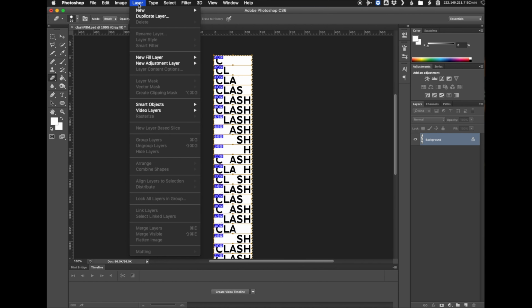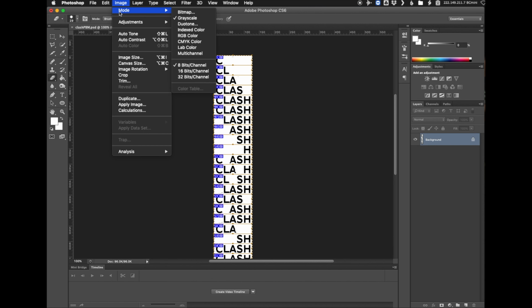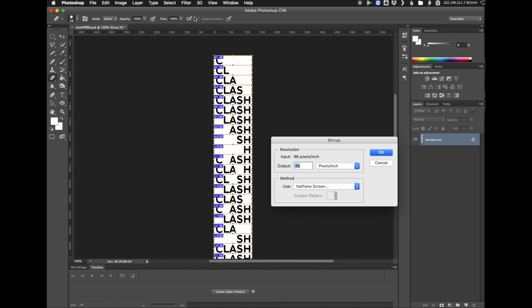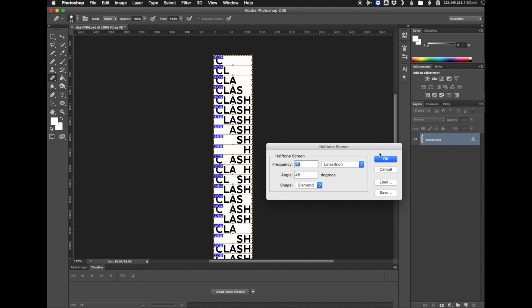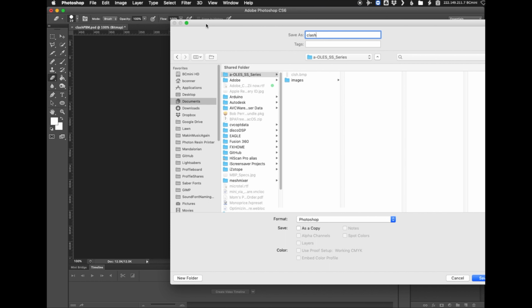So you go to Layer, Flatten Image, if you haven't already. Okay, makes it one image. Here's the magic. You're going to change the image mode right to bitmap. And you say OK and OK. So now when you go to Save As,